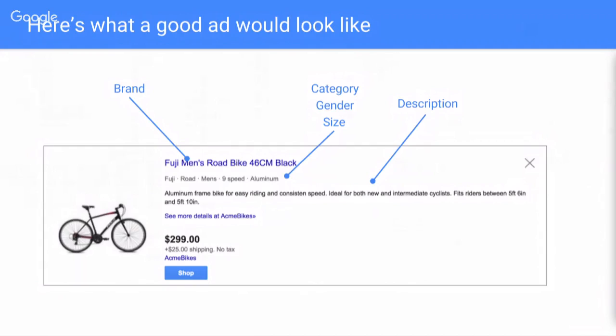Now, if you guys are saying, okay, you're just looking to get us to improve these data feeds because you want really relevant results on Google and that's really what you're interested in, that's true. However, we need to think about beyond just getting the most relevant stuff on Google. We need to think about what we can do to make this as relevant as possible for your end advertisers. So you can do less than this, as we showed in the example before. You don't have to do all of this stuff to show up on Google, but this is going to help you qualify your consumers and help you actually get more of those sales, okay?